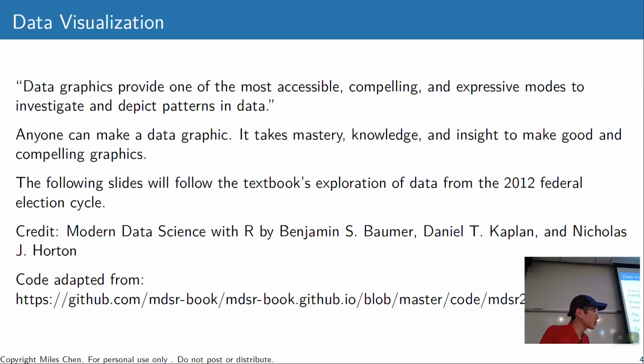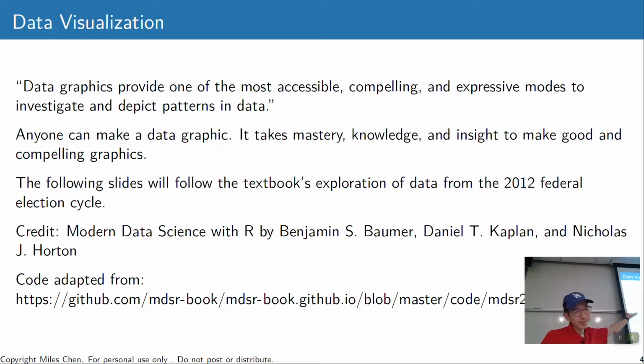When you see numbers, they activate certain parts of your brain, and you say, okay, I see the number 25, and I know what 25 represents, and I see the number 250, and I recognize what that means. However, when you have a data graphic, that 25 appears as a location or a bar of a certain height. 250 appears as a location or a bar of a certain height, and it activates a different part of your brain, okay?